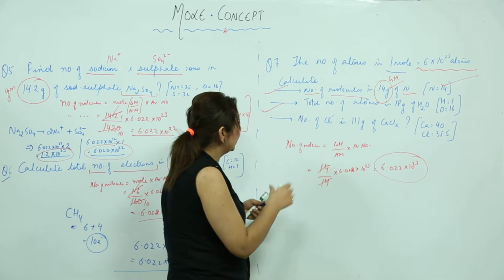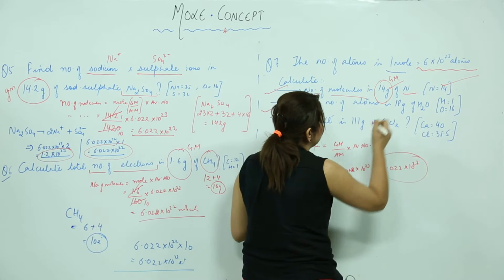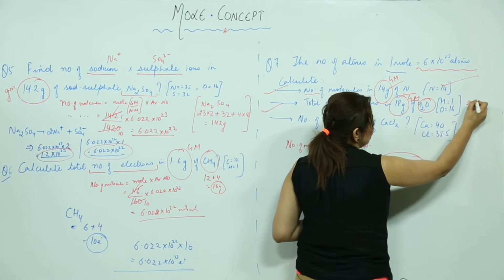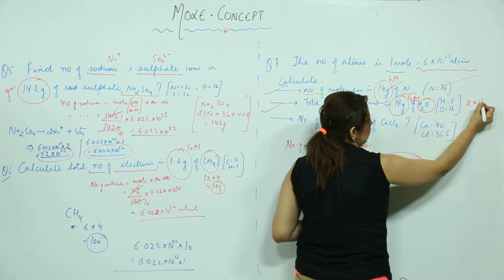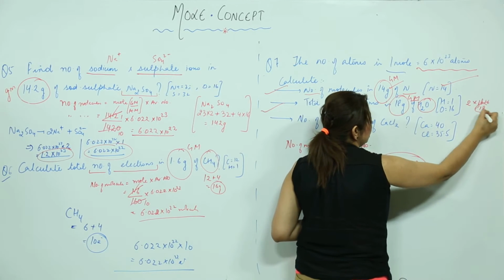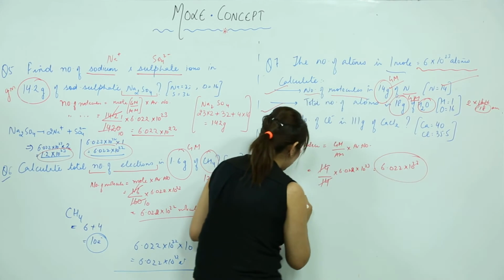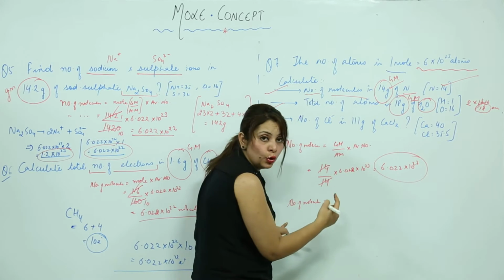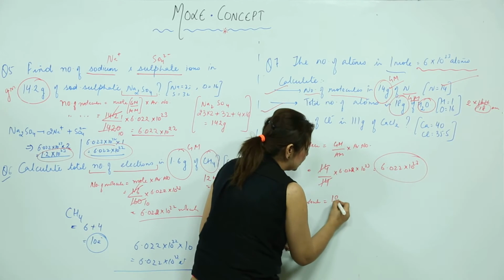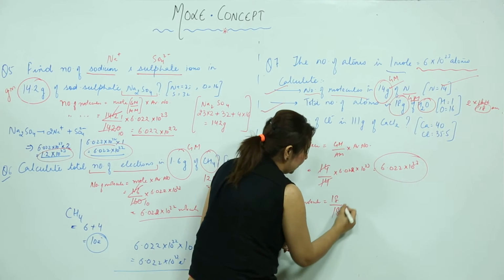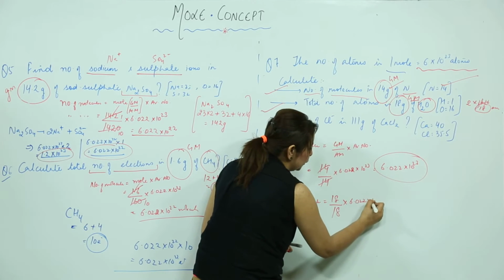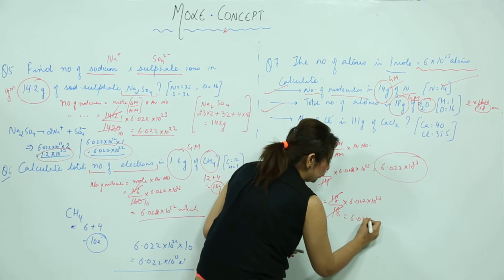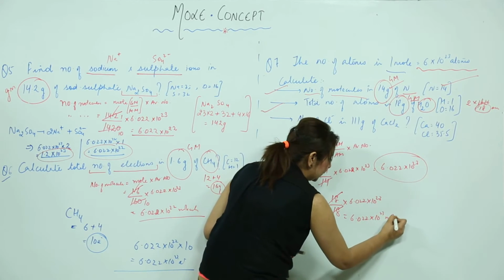So again, find the total number of atoms in 18 grams, the given mass. This will give the molecular mass: 2 into 1 plus 16 comes out to be 18. This is the molecular mass, right? So first, I am finding the number of molecules. How do we do that? By using mole into Avogadro number. So the mole is 18 divided by the molecular mass, again 18, and our Avogadro number is 6.022 into 10 raised to power 23. So it comes out to be 6.022 into 10 raised to power 23 molecules.